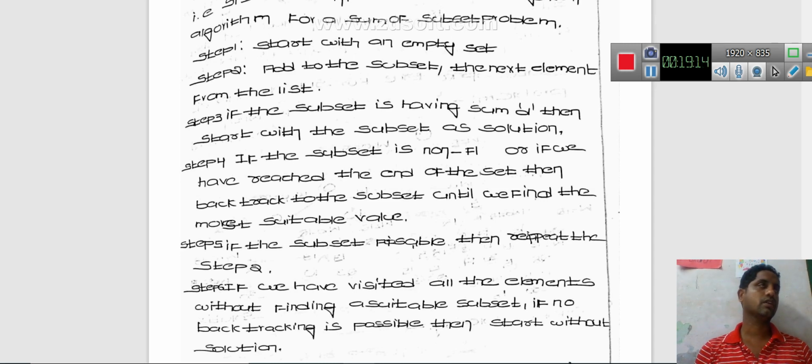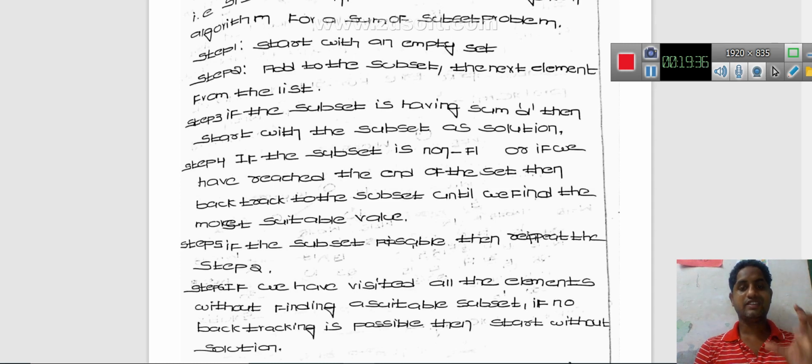If not, you can go for backtracking, then change the values and you get the most feasible solution. If the subset is possible, then repeat step 2, that is add the next element to the subset and perform the operations likewise.